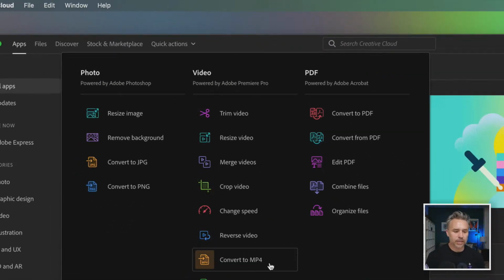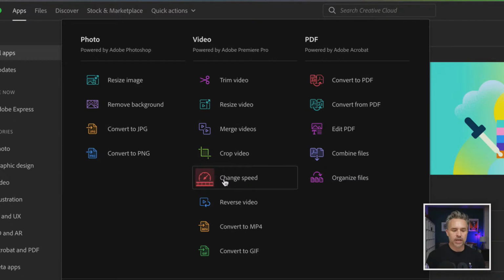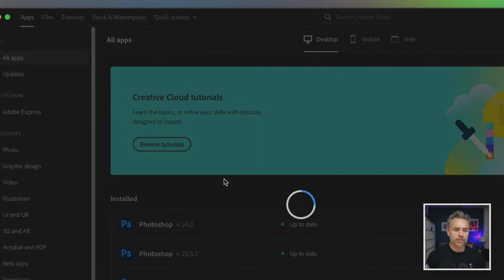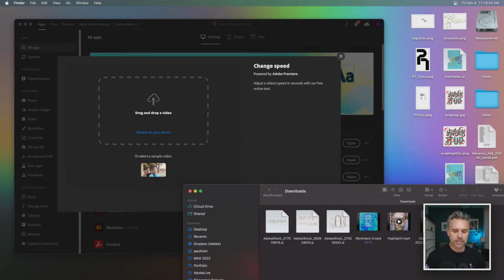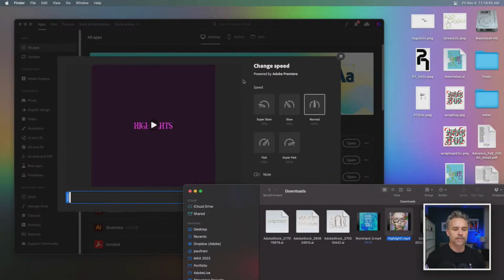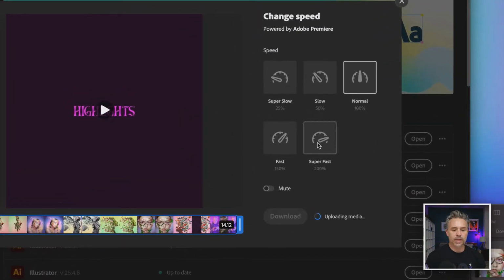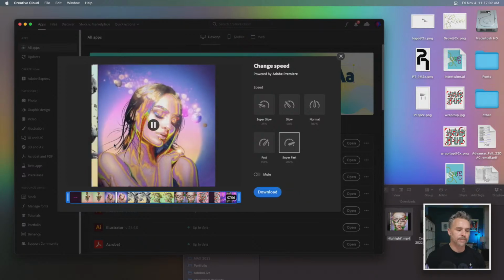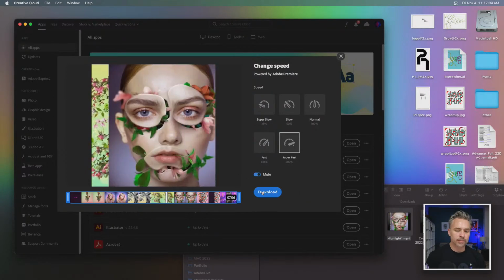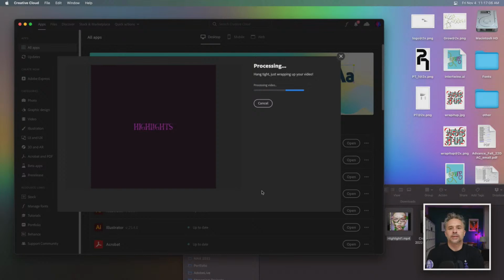My favorite video editing feature in here is honestly changing the speed. I'll sometimes do demos or screen recordings and then speed them up or slow them down using this right here. So still taking the same clip, drop it in here, and making it twice as fast. It's gonna hurt your eyes. We'll mute it, but I even think that looks better.